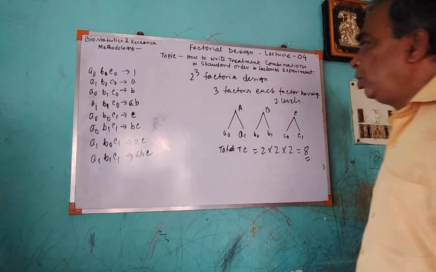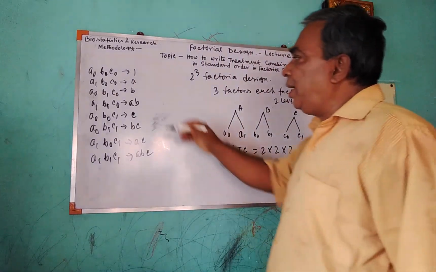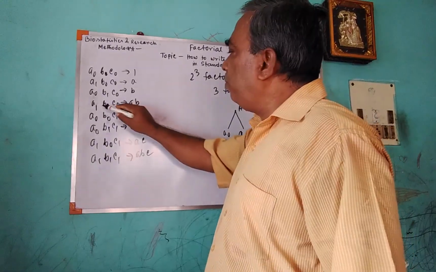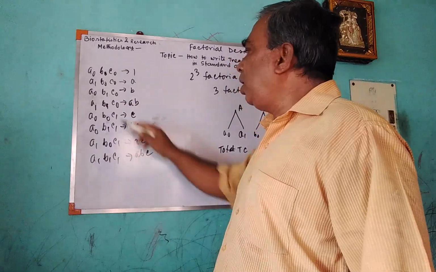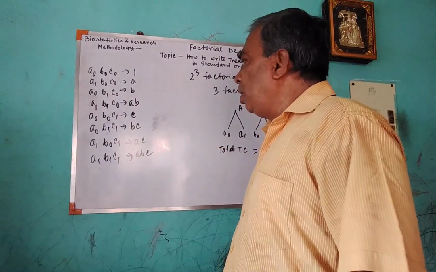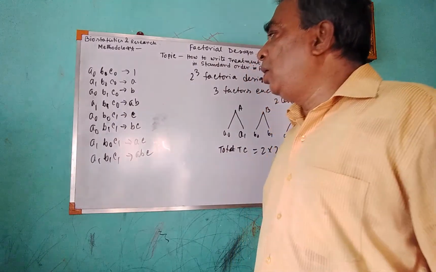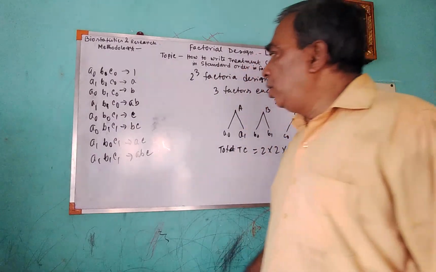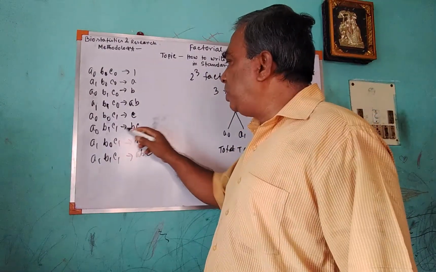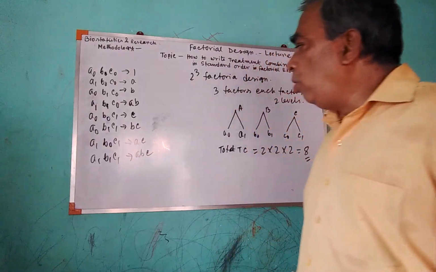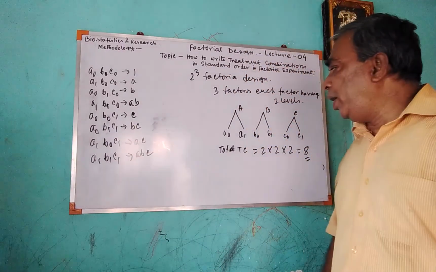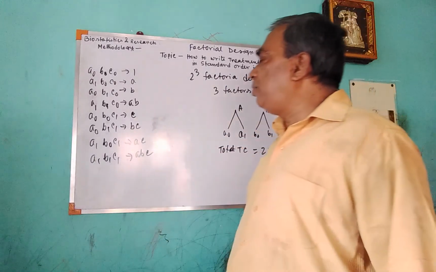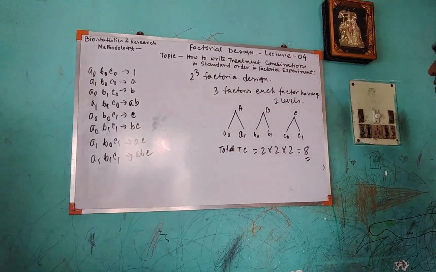Now see, this is the standard order I am maintaining here: 1, A, B, AB. That is higher level of A factor, higher level of B factor, lower level of C factor. Then A0, B0, C means higher level of factor C, lower level of factor B, lower level of factor A. So this is BC, this is AC, then ABC. ABC means all at higher level. So these are the 8 treatment combinations for 2^3 factorial design.